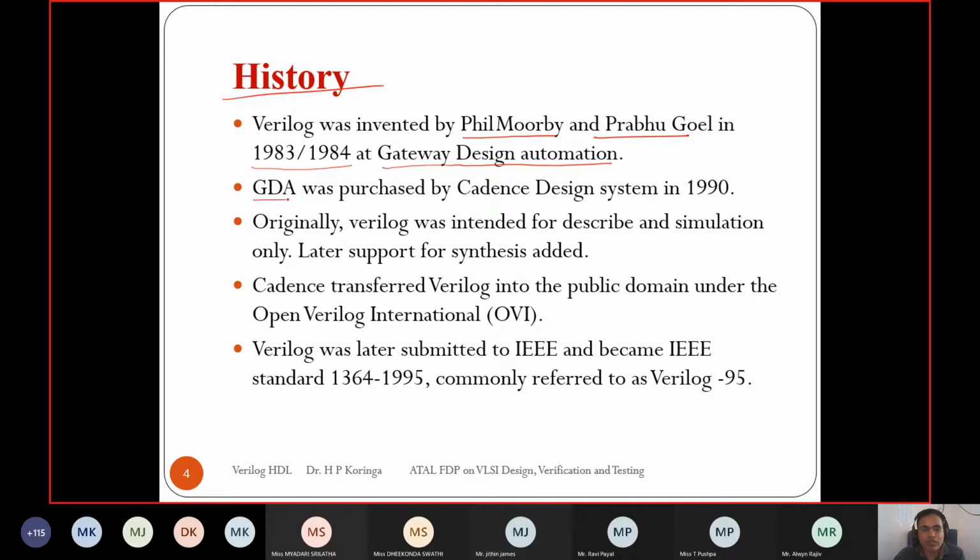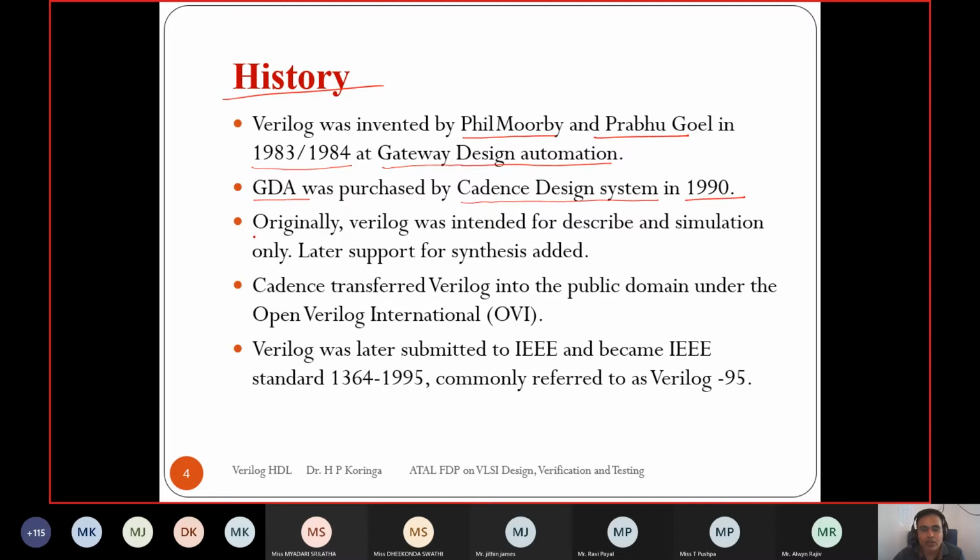Later on, Gateway Design Automation was purchased by Cadence Design Systems, the well-known EDA tool manufacturer, in 1990.